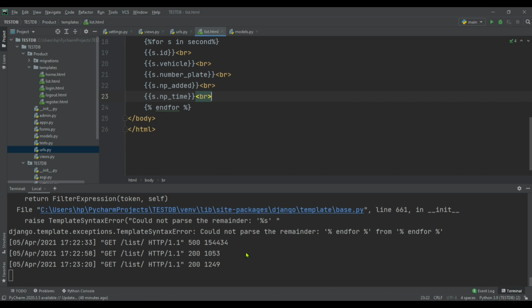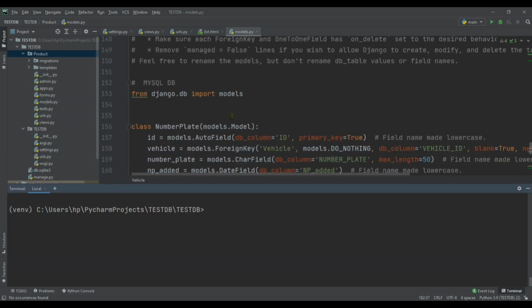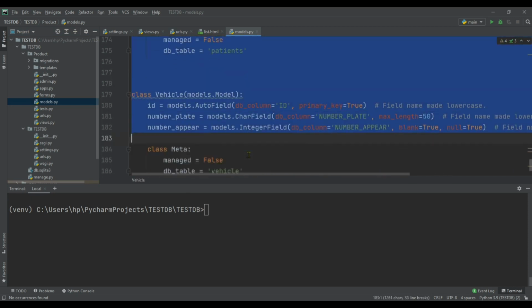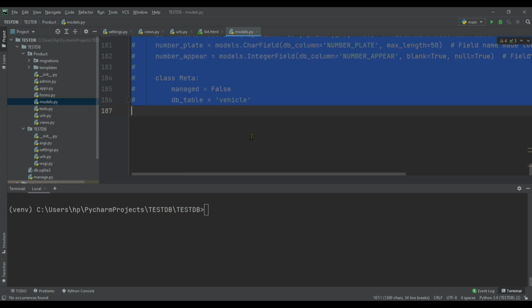So come back to PyCharm. So there is one more way to separate the models in two different models files. So we can create one more models.py file, and inside that we can import MySQL DB tables. So comment this line, save the file, come back to terminal, py manage.py inspectdb database